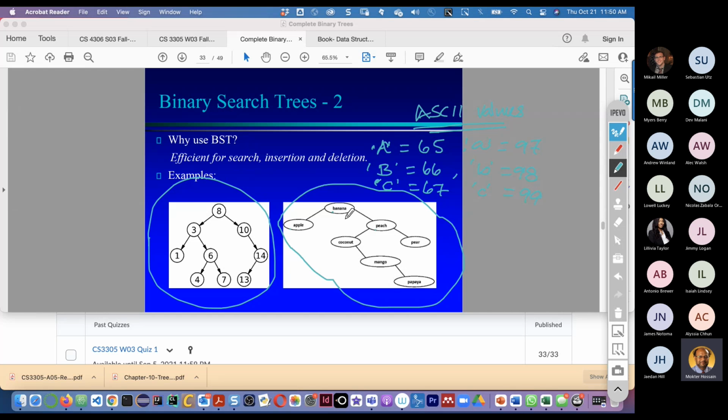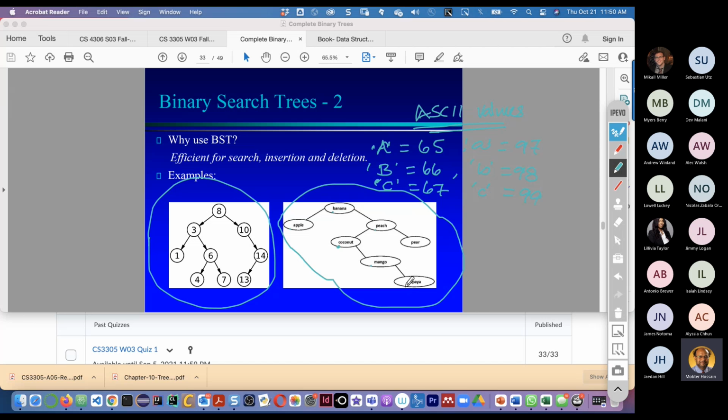Now C appears. C will go to the right side of B, but the left side of P, so it comes over here. Now mango, M: M will be on the left side of P and on the right side of C, so it goes this way.